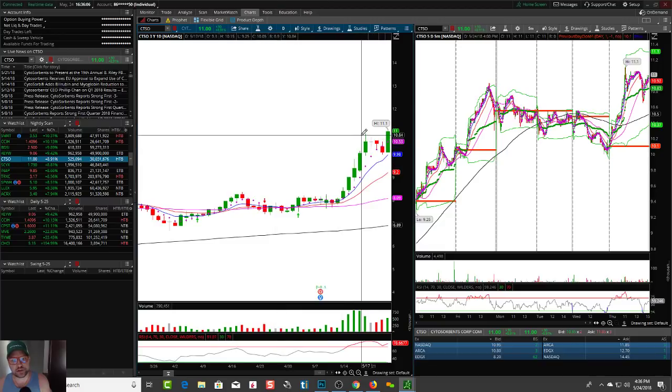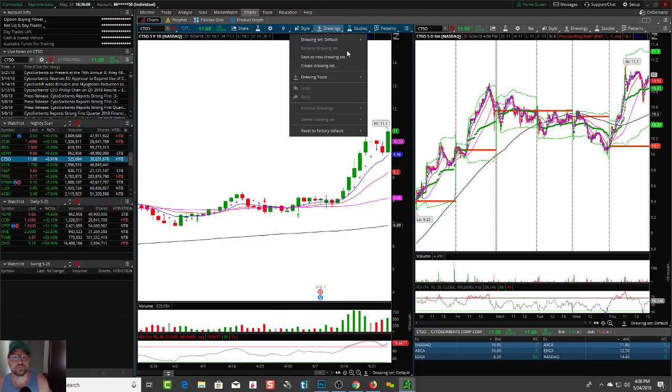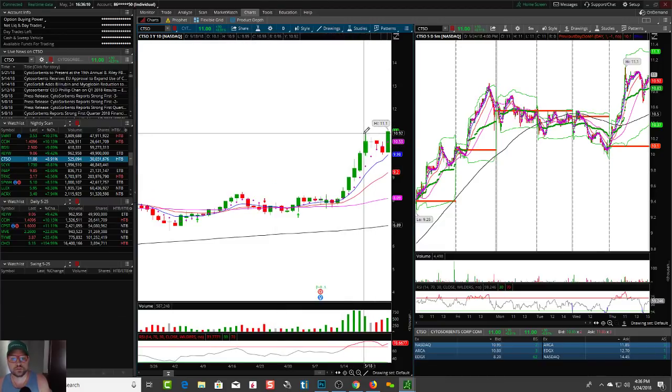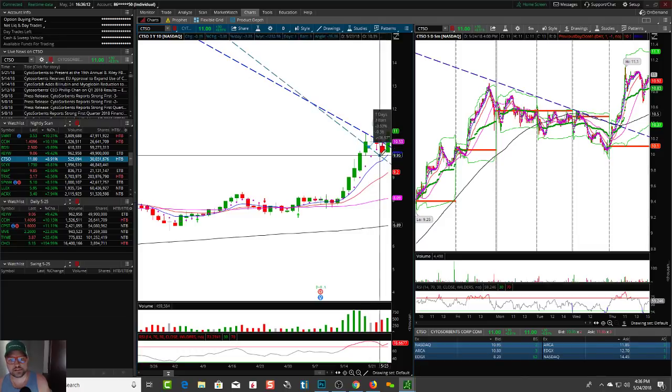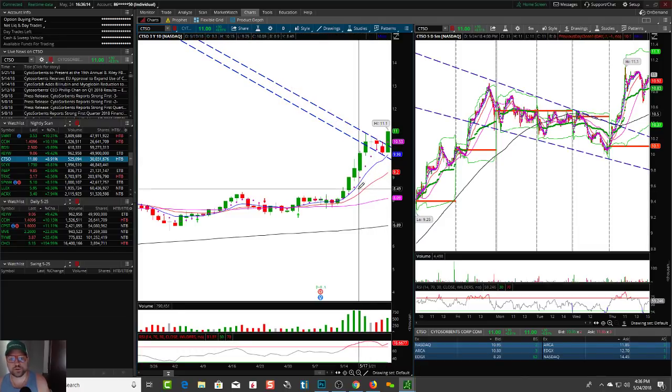That was a nice bull flag play here, right? Guys, see this? That's beautiful. That's why it's important to try to find patterns, right? If you can find patterns like that, that's when you can catch it: boom, moved up, pulled back for a nice bull flag, breaks right out. You could use a stop below right over here as your stop, right? So it broke out above the highs right over here. Nice bull flag.